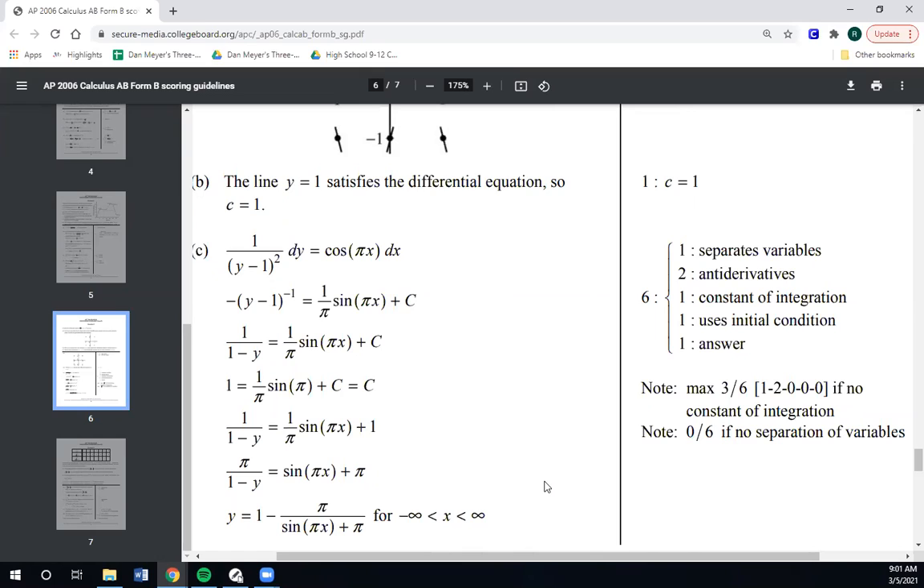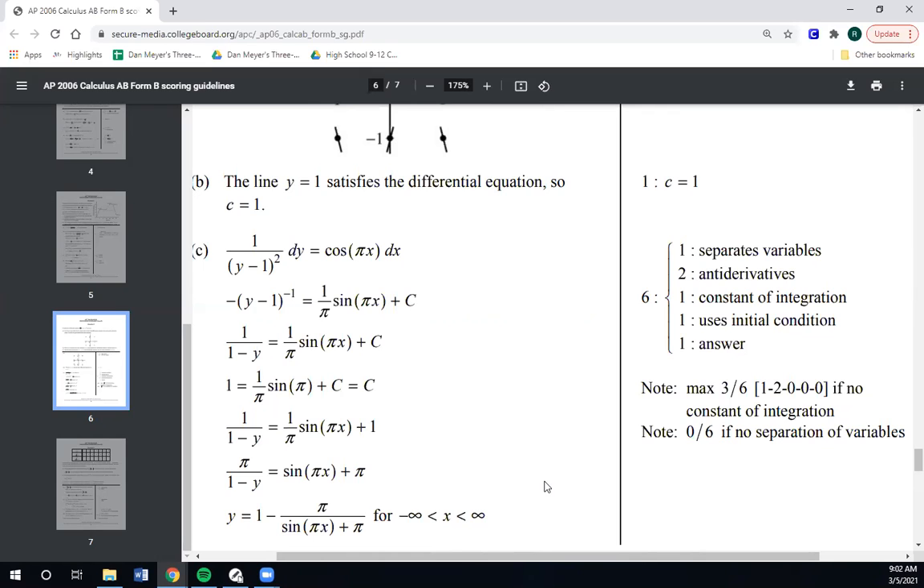Point value wise, they give you a point for separating the variables. That's basically a free point to me for putting everything with y on one side and everything with x on the other side. 2 points for the antiderivatives. Probably 1 point apiece, unless you're really, really close on both of them. A point for putting plus c. If you put plus c, you've got a point. And then a point for plugging in and solving for c,